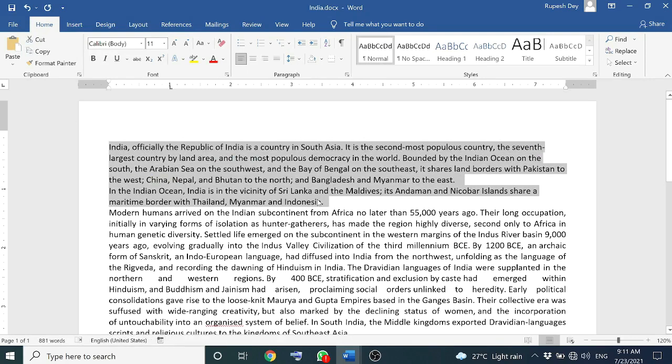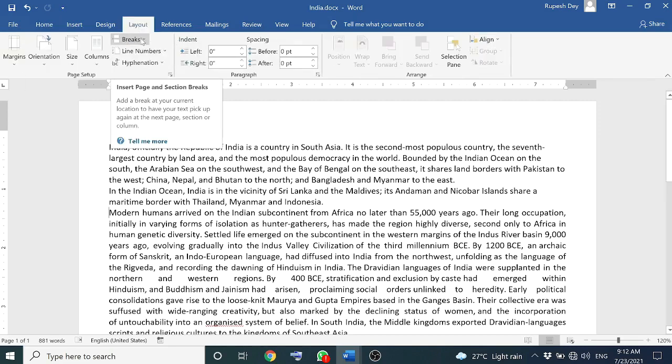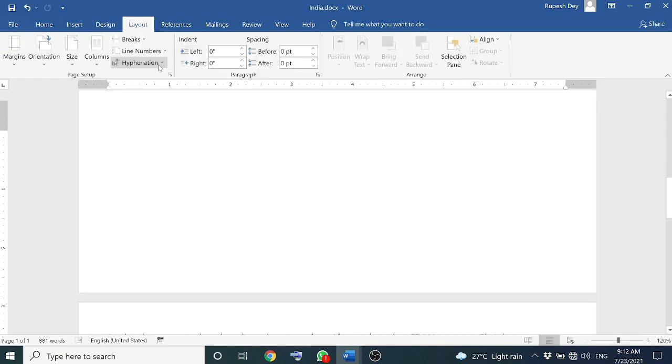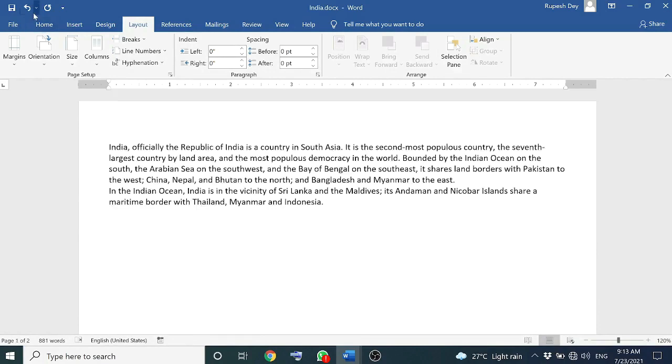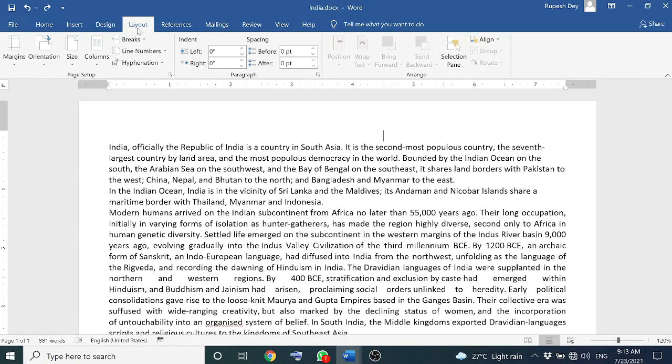Okay. And today, last, we will learn page break. We can insert a page break to move the text to a new page, even if a lot of space is there on the current page. So what to do? In the same way, you just keep the cursor at the position from where you want to bring the text to the new page. Now again in the same way, we have to go to the page layout or layout tab. Here you go to the breaks option and select page to make a page break. See, from here it will create a new page where the text after your cursor will come. Let me undo this. Okay.